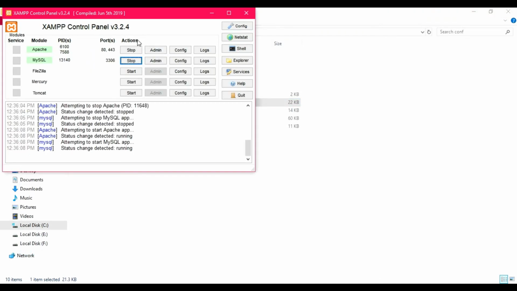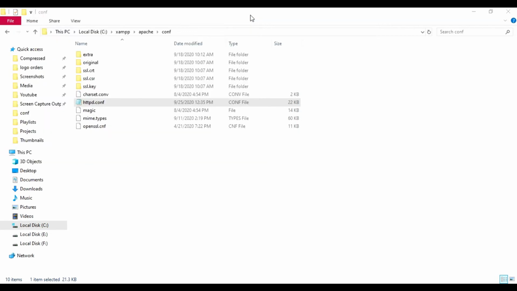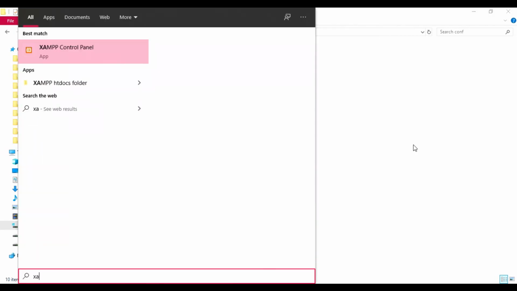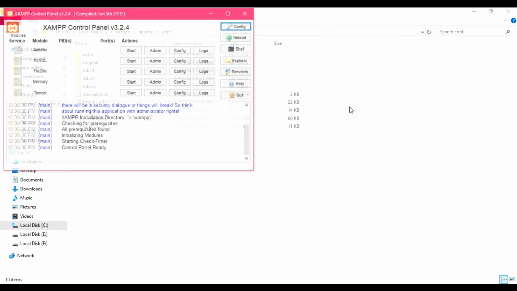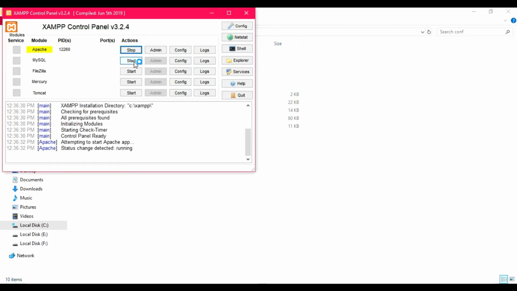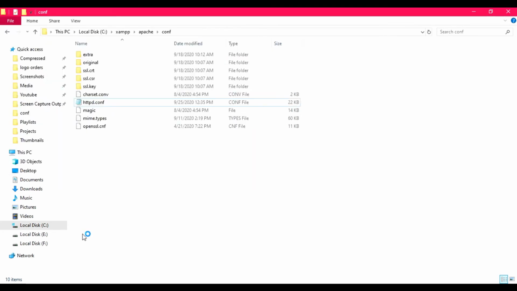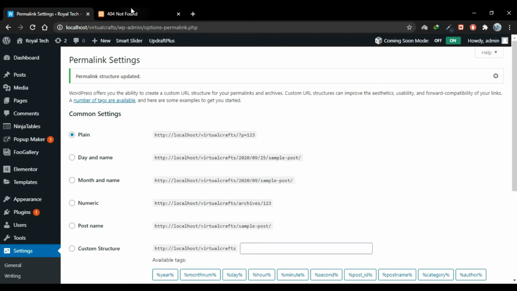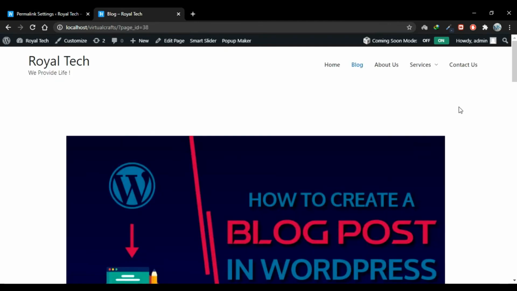Now restart your Apache and MySQL modules in XAMPP. Start them again. Now go to your website, and now you'll see that your page is working fine.